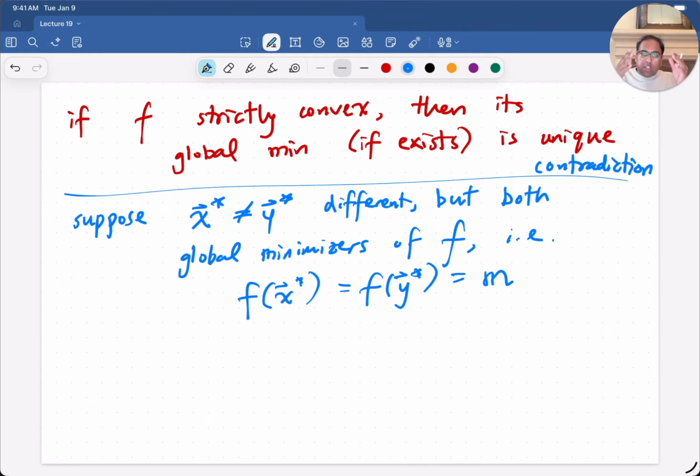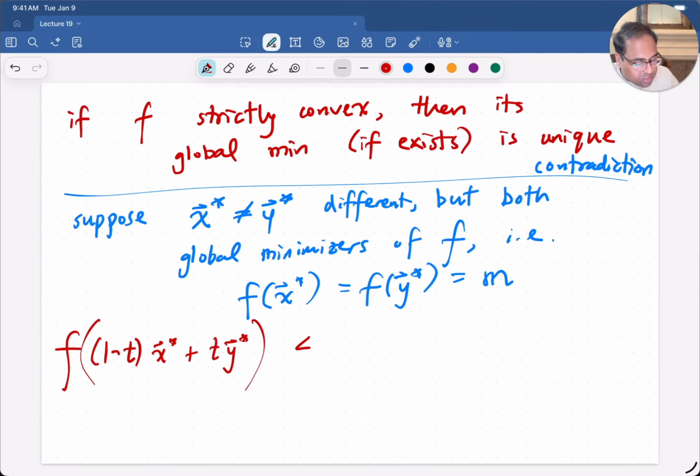Again, in these sorts of proofs, you want to state your assumptions clearly and then use the formal definition of convexity and see what it tells you about the situation, right? And so I'm going to plug in x star and y star into that formal definition. Remember, f of a lot of stuff, that is f of something, is on the left because the function is less than the line segment. This tells me f of (1 minus t) x star plus t y star is less than, remember here's where the strict part is important, (1 minus t) f of x star plus t f of